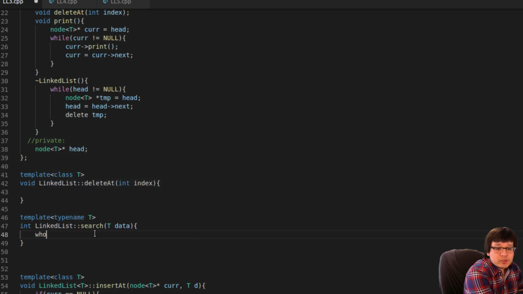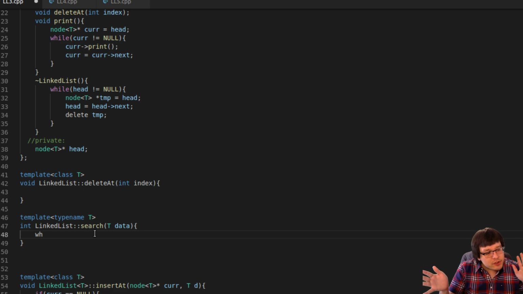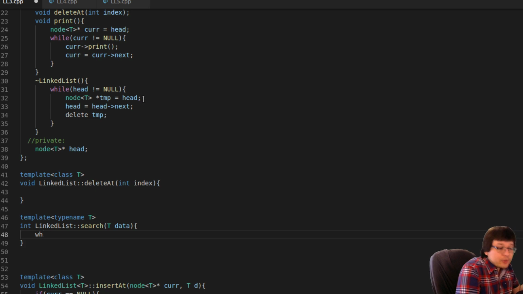So this one's just really, remember what I said in the beginning. If you know how to do the insert function in a linked list, you know how to do anything in the linked list, because the insert function requires all of the skills necessary to do anything else. So if you know that, the other ones are like tweaking it. And it turns out that when you're searching for something, it's the same thing as printing, which is the same thing as when you're traversing a linked list, which we did when we were doing an insert. So really all this is going to be is to have a loop.